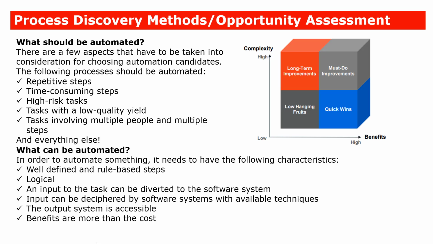Okay, before moving to how we calculate these values, what type of process it is, whether the process is of high complexity or low complexity, or whether the return on the benefit will be high or low, let's look at what should be automated. Can we automate everything that we do, or can't we automate it, right? So if you look at